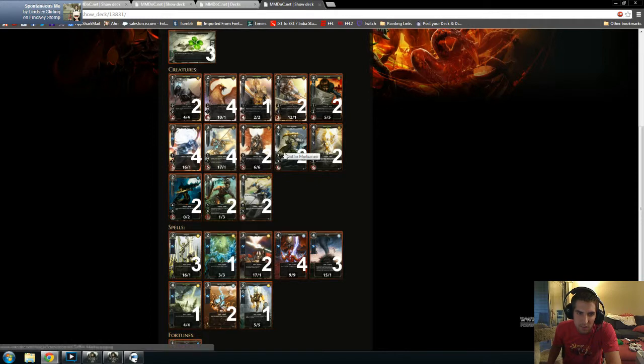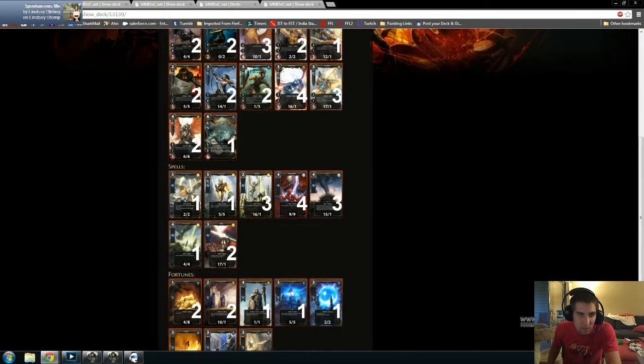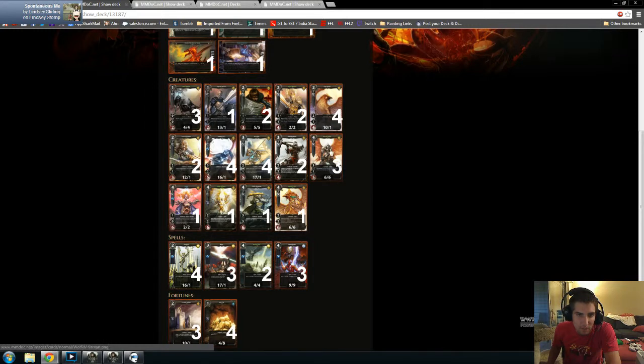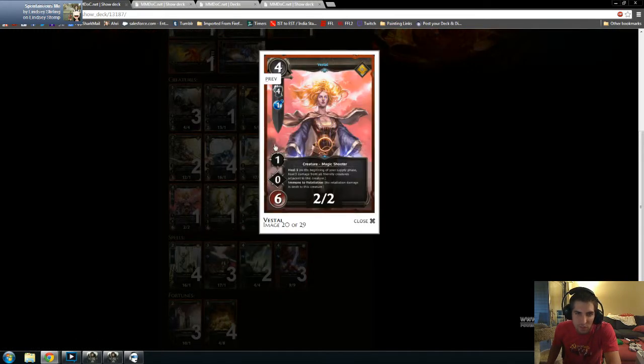So for instance, obviously this deck does not include them, but Devoted Sisters, I don't know if any of these decks did actually. They did not. So that's a good thing that people are not including those. But there is a Vestal here, which is interesting. It's an interesting card. It's like a Devoted Sister Plus with Heal 3. So Heal is generally bad for the exact same reason. A card like the Vestal